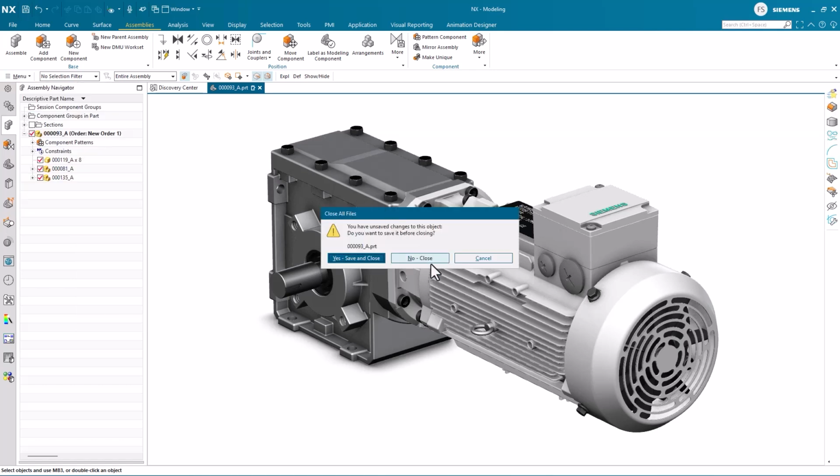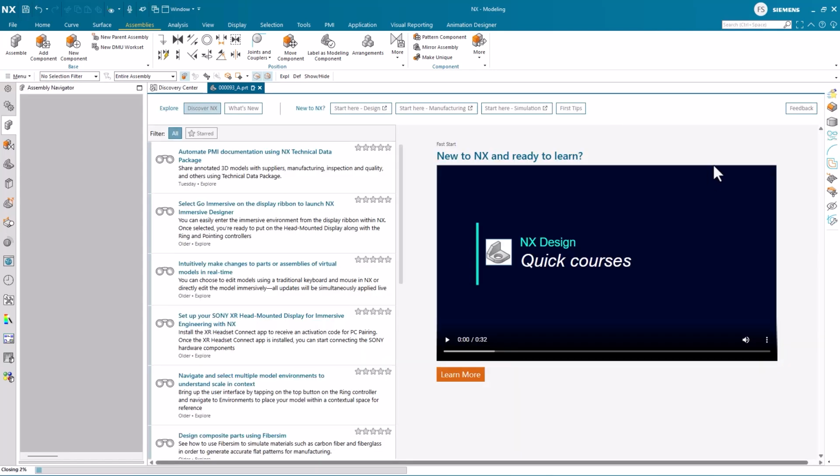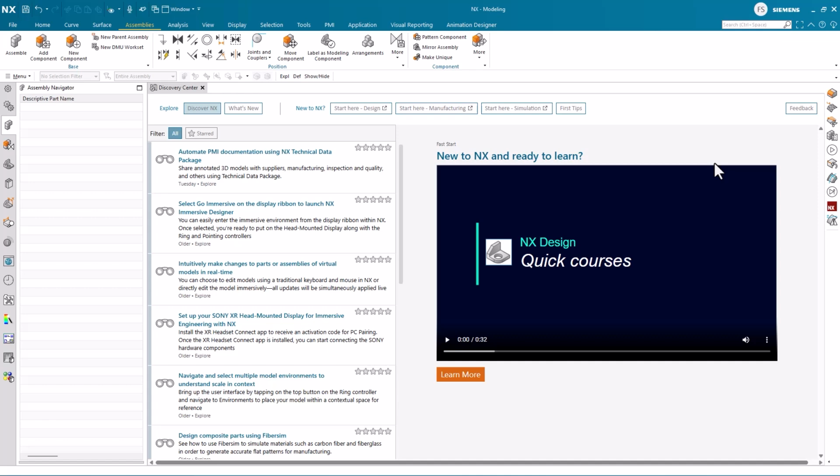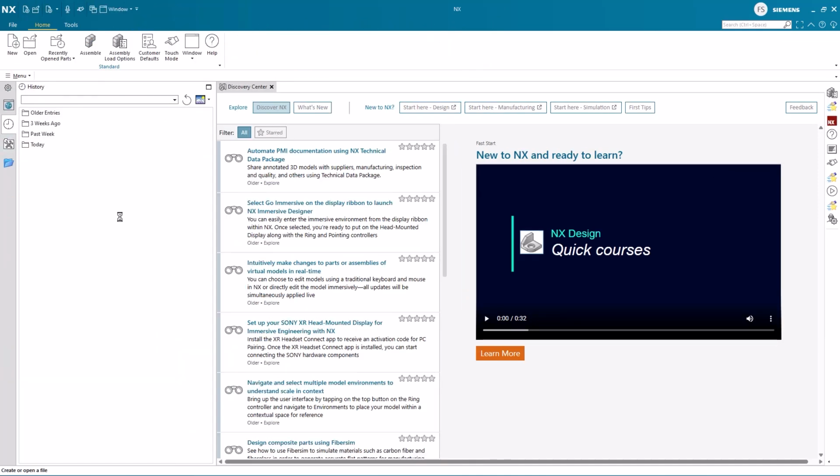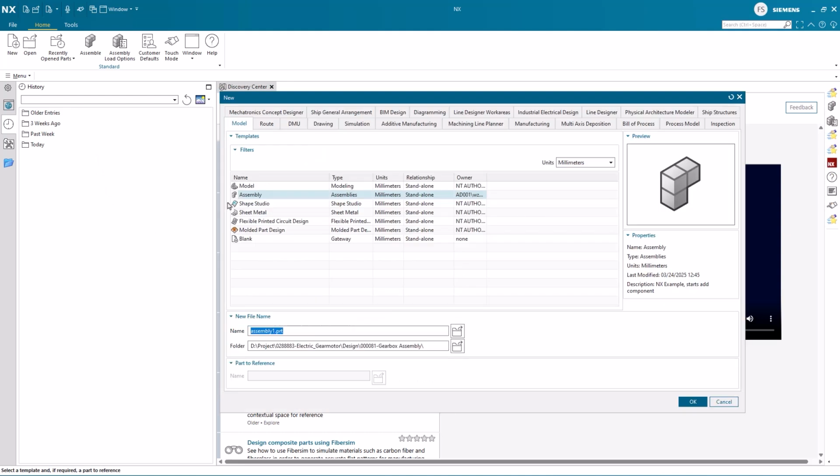To start off with, we first close the example that we have loaded and start fresh by creating a new part. As we are creating an assembly, make sure to select the assembly template part, as this contains specific settings optimized for assemblies.